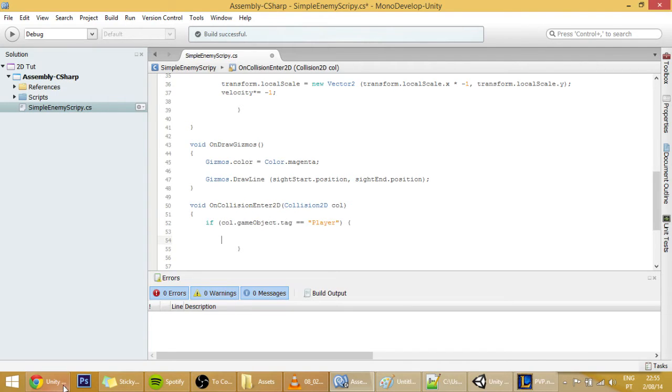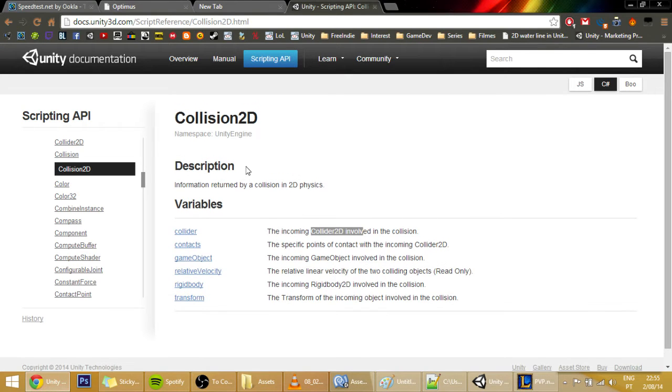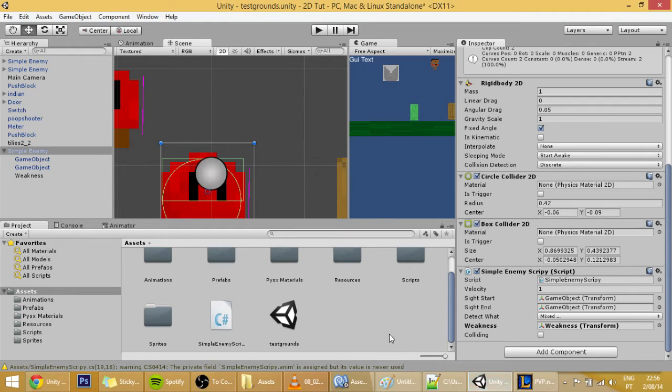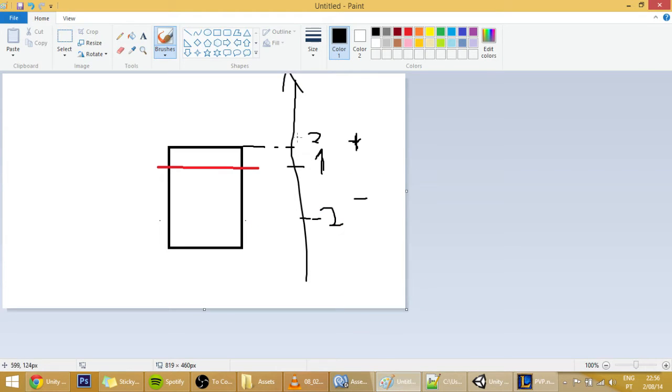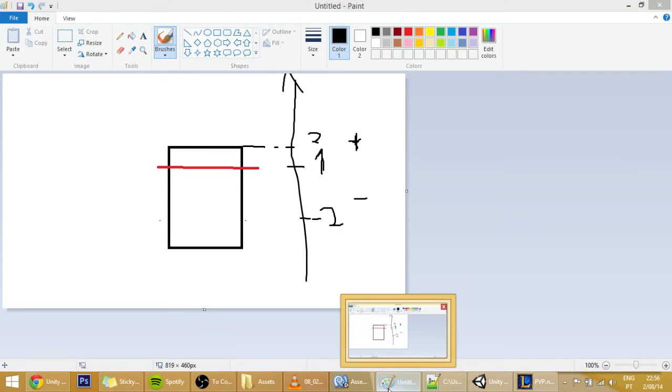What we are using here is the Collision2D. The gameObject variable is basically the game object that our enemy is colliding with. So if that game object is the player, then we're going to run some code. Remember all this talk? Well, now we're going to put that to use.